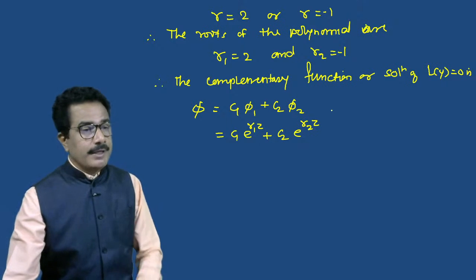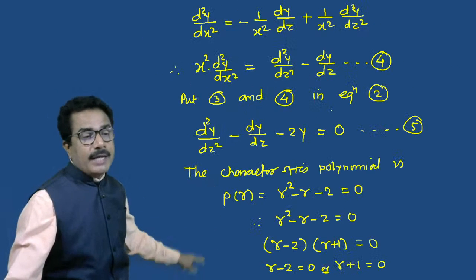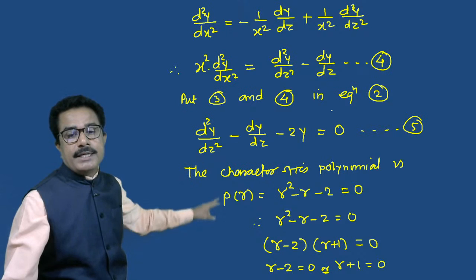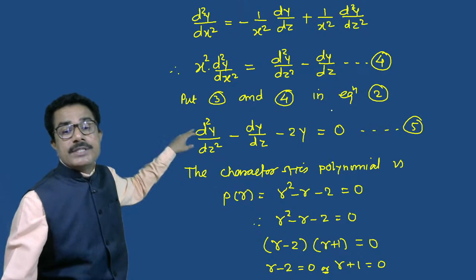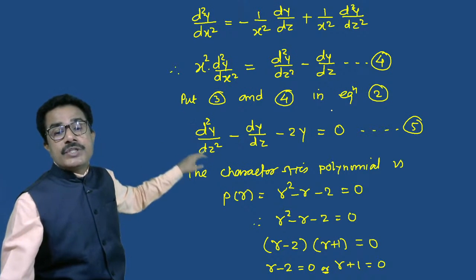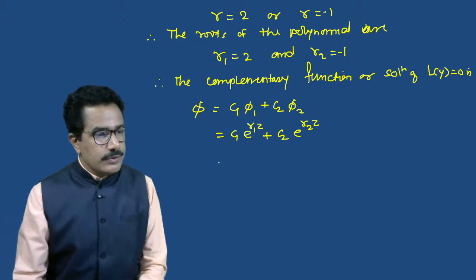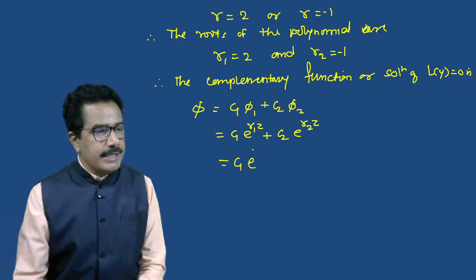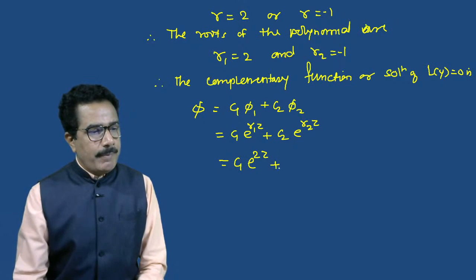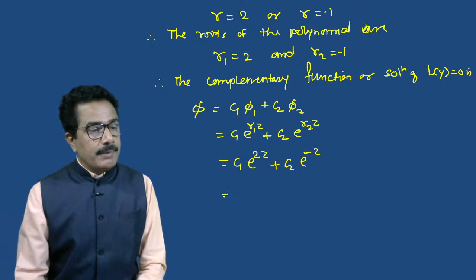See this, r1 and r2 are the solutions of the characteristic polynomial of this differential equation with respect to z. So we have to write r1 z, r2 z. So c1 e raised to r1 means 2z plus c2 e raised to minus z,